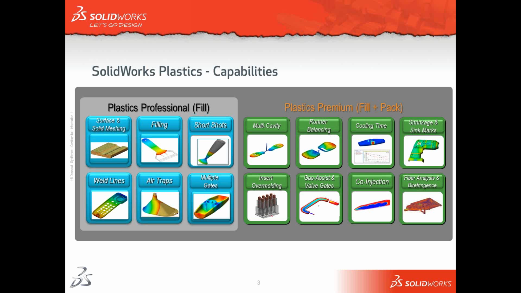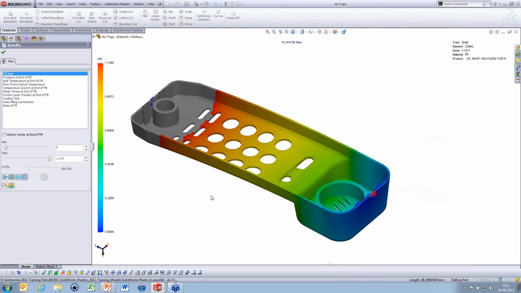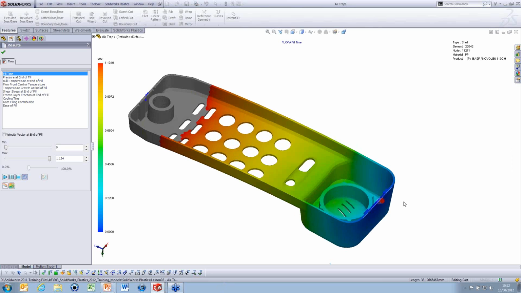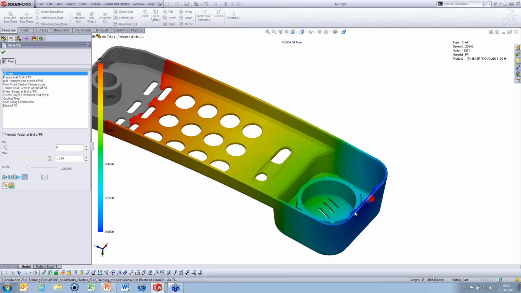Okay, so I'll switch back to SolidWorks now, and hopefully we'll see, looks like it's still running here, but we can have a look at the partial results, which is really what we want to have a look at here. So what I want to do is just play this animation of the fill time just to show you what's occurring. So if I actually just stop this and move this bar back, we can take a look at certain areas